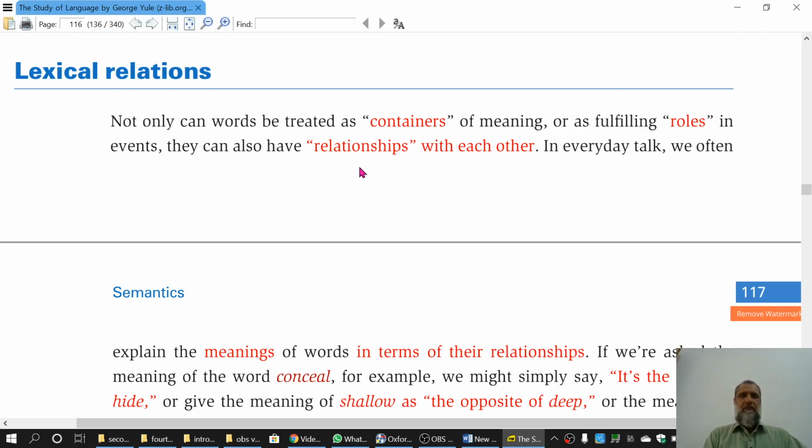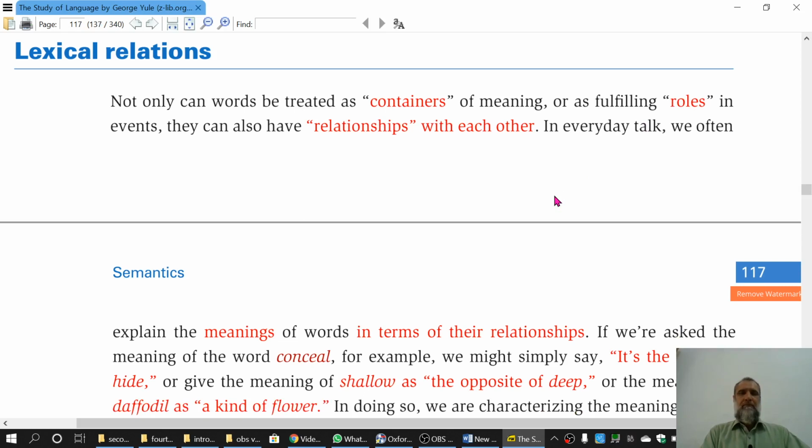In the previous lectures, we have already learned that sometimes the words are taken as the containers of meaning, and we also discussed the semantic roles. So sometimes words perform some specific roles, and we understand the meaning of those words with the help of those roles which they play, called semantic roles. Today we will discuss that meanings are also containers and they perform special roles, but along with them